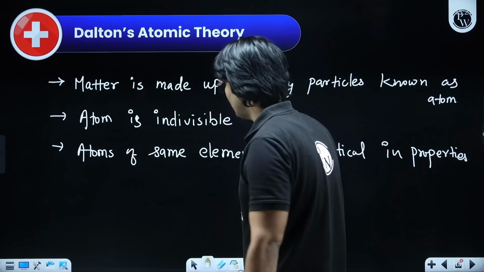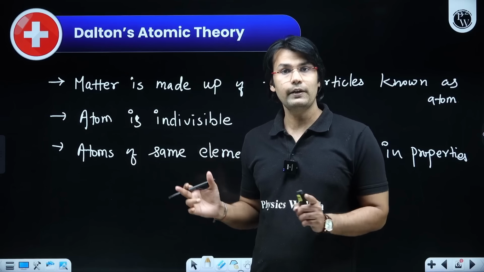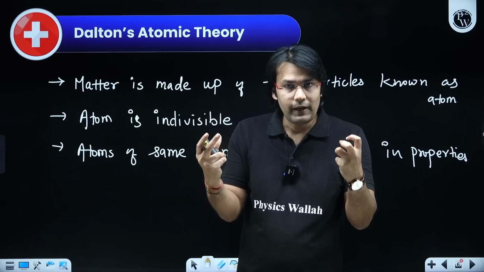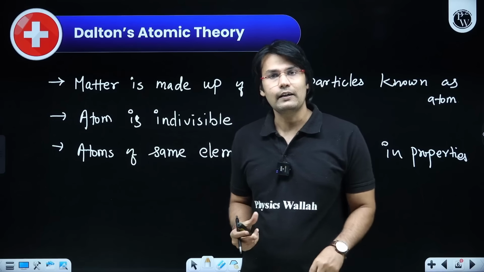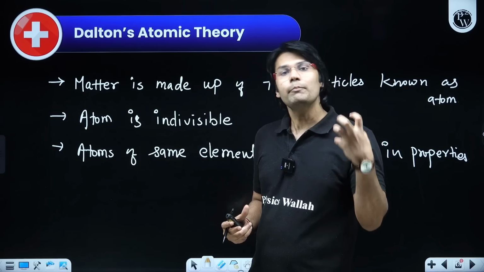And at the same time he also said that atoms of different elements, if you compare atoms of different elements, they will have differences in their properties. Suppose I take oxygen and nitrogen, one atom of oxygen and one atom of nitrogen, and I compare them. Definitely, according to Dalton, the properties of the oxygen atom will be different from the nitrogen atom. So I can write that point also, that atoms of